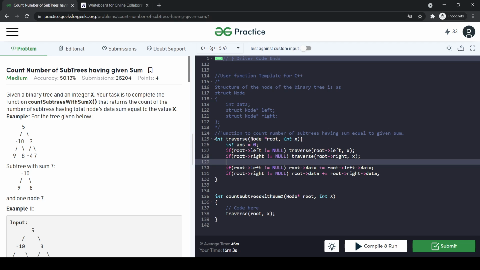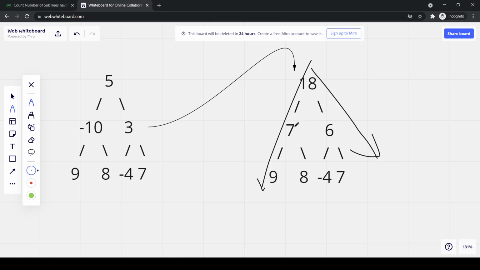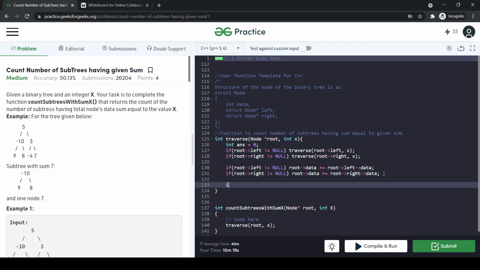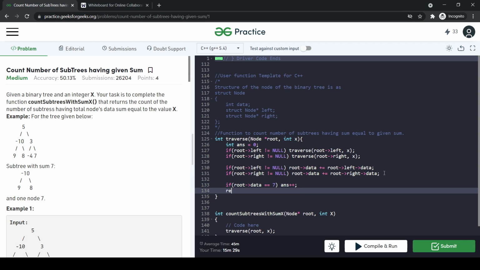To check if that sum is equal to x: after adding the sum of left and right subtrees to this number, we have 7. Now we will check if it is equal to x or not. If root data after adding the sum is equal to 7, then we will increase our answer, and we will return our answer.